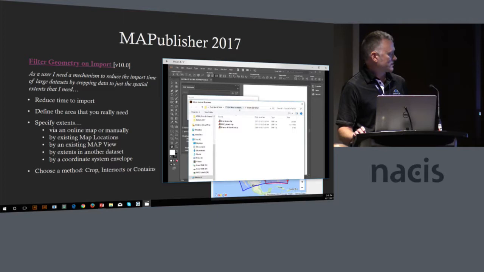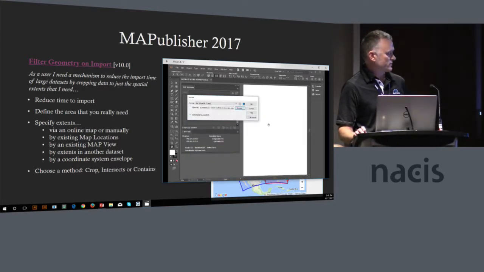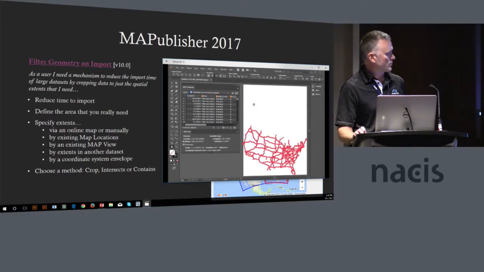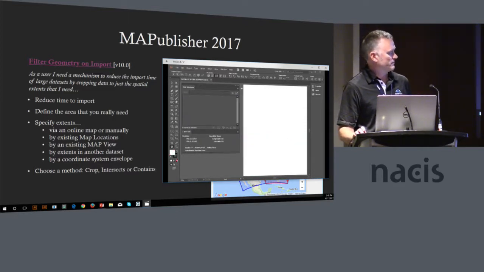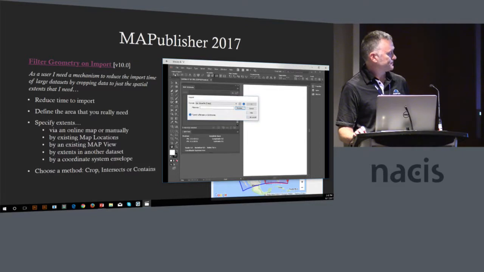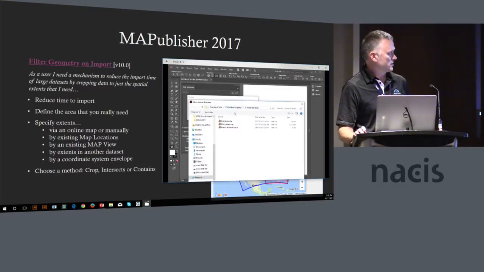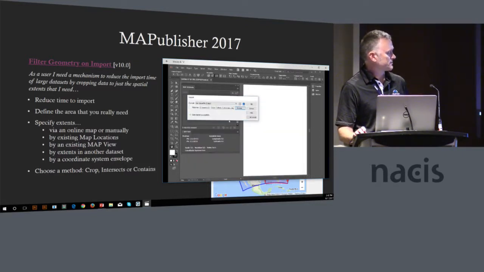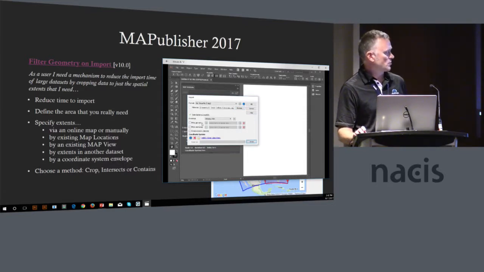So this is the interstates of the US. As an example, I bring it in. It's a very basic data set, but imagine it was very complex. You just want actually a subset of that data. So now within the importer, you would select the same shapefile. In the advanced tool, you can now click the filter geometry checkbox,